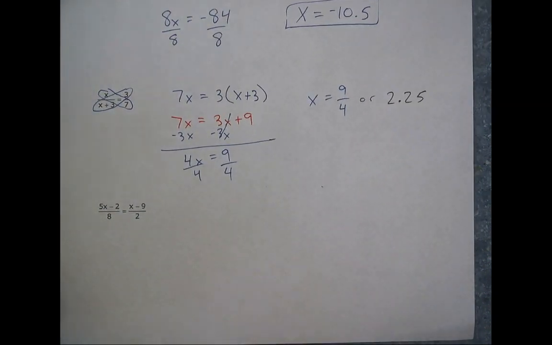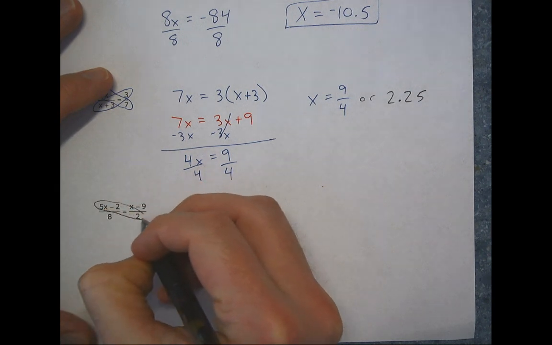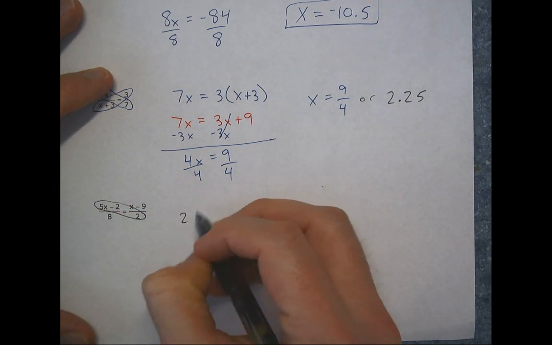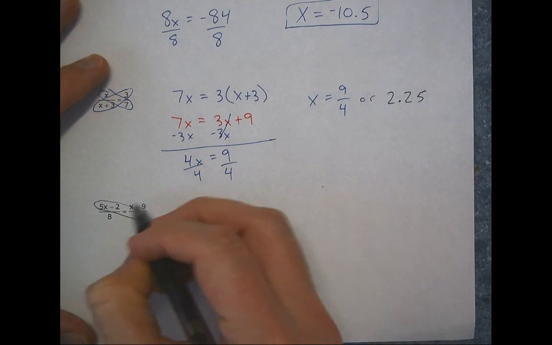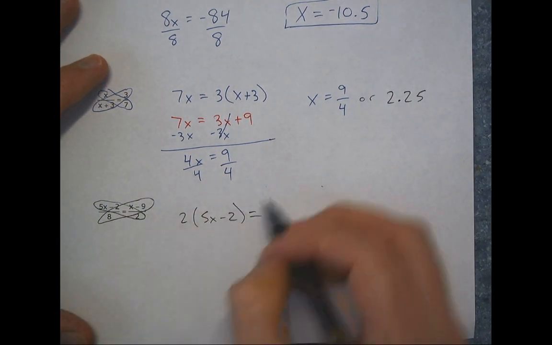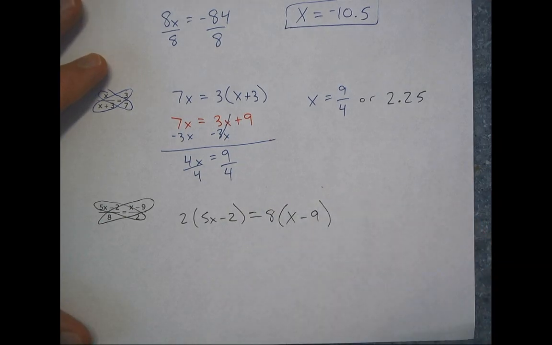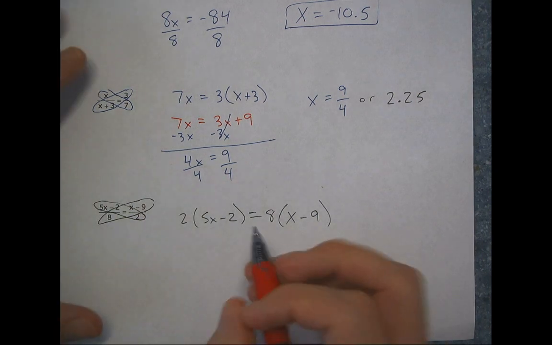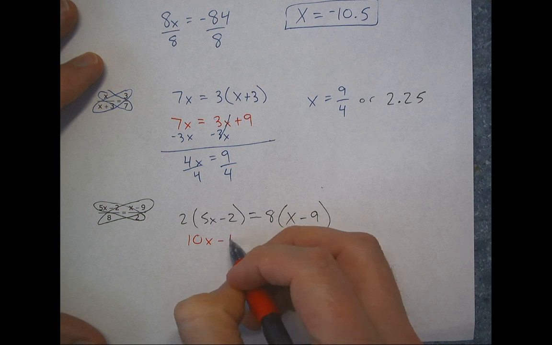All right, so let's take it up even another notch here. So we're going to multiply this times this. I'm going to put the 2 on the outside. So 2 times the quantity, 5x minus 2. That has to equal this product. I'm going to put the 8 on the outside, x minus 9. All right, so I need to solve this equation. We've spent lots of time doing equations like this earlier in the year, so we're going to distribute: 10x minus 4,